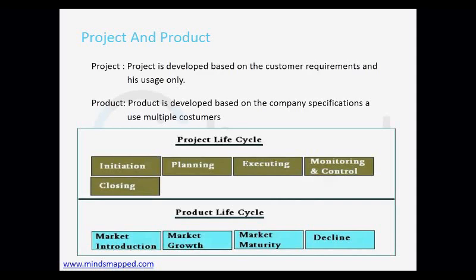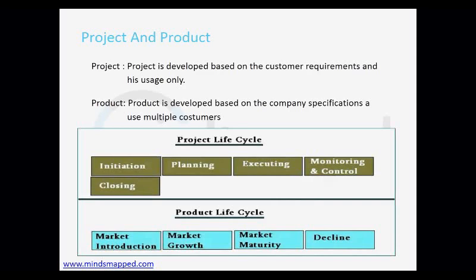Take Adobe, for example. Adobe is a product-based company. It introduces its Photoshop to the market. It has developed its own product based on its market introduction. It introduced a small product on the market and saw the growth of that product and its market maturity. If it has reached market maturity, if people are ready to accept the product and have very positive feedback on it, then they expand their business in that particular product. For example, Adobe Reader.